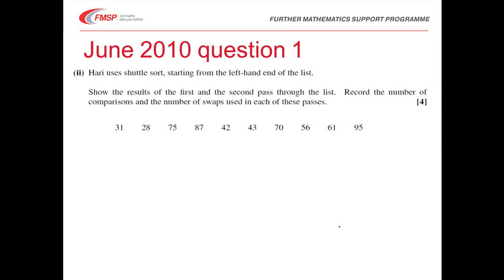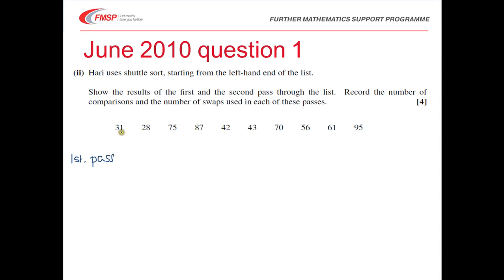So part 2 now, we're asked about the shuttle sort. So let's have a little look at how we might do the shuttle sort. So remember, in the shuttle sort, for the first pass you're going to compare the first and second numbers and swap if necessary. And then when you've written down that result, for the second pass you're going to compare the second and the third numbers. So let's just see. So the first pass,